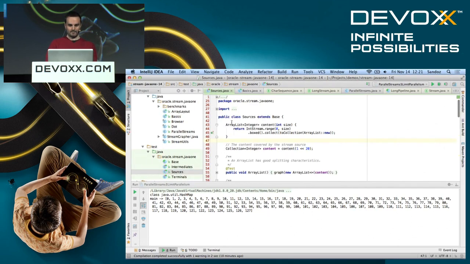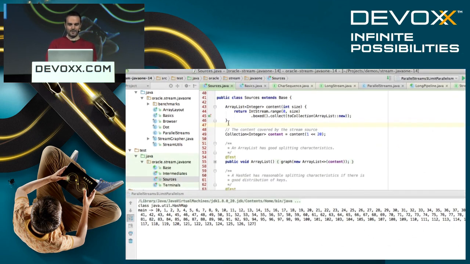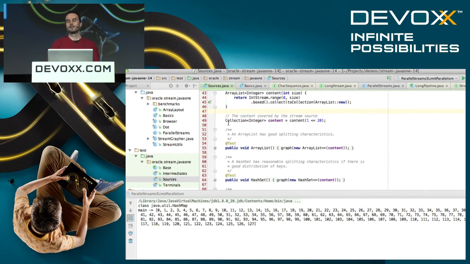For the purposes of this, I'm going to run these as JUnit tests, just because it's extremely convenient to do things before and after operations on these. What I'm going to do is compare different sources, collections of integers, and sum them up. I'm going to compare array list, hash set, and so forth, and see what the computation looks like visually. It's about 1 million elements.